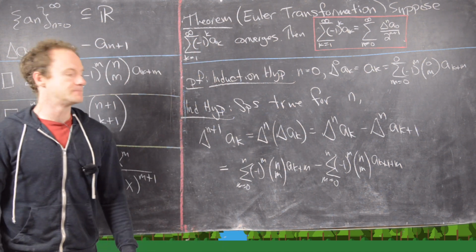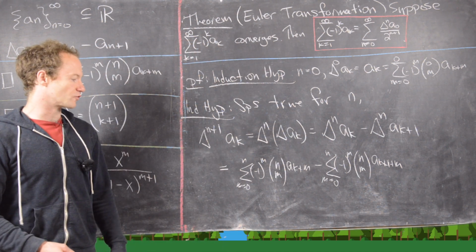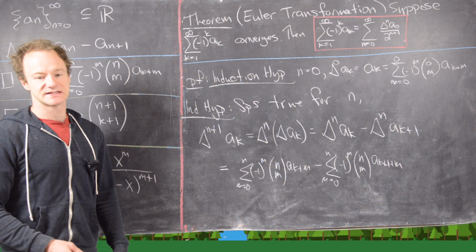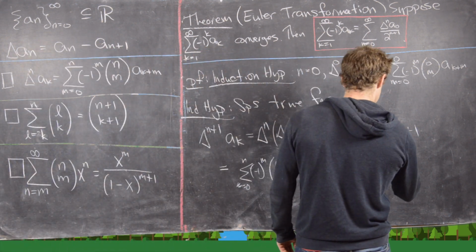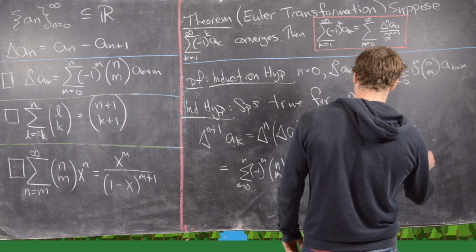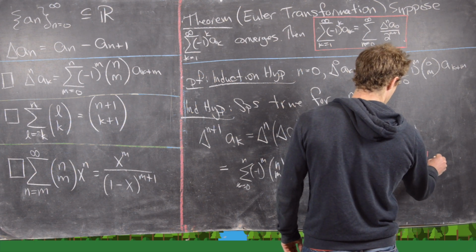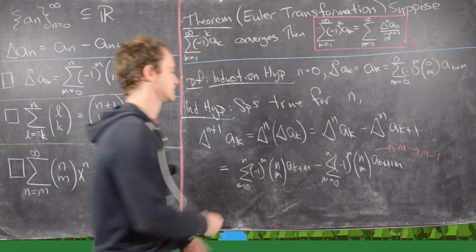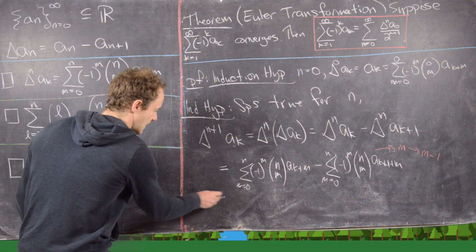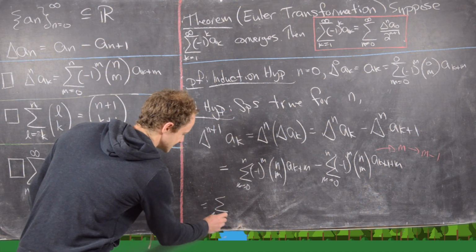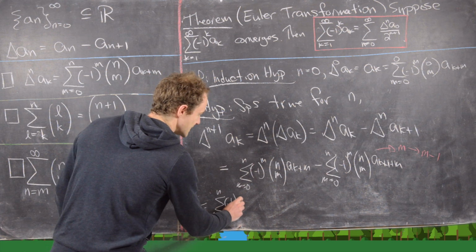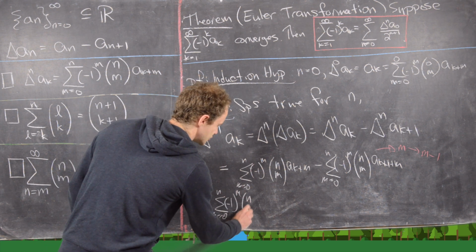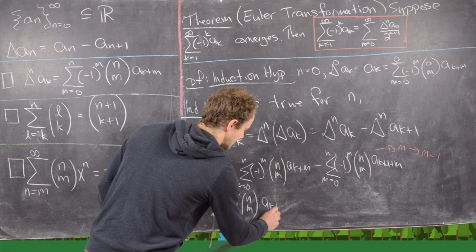All right, great. Now we're going to go ahead and re-index this second sum. So notice that we can re-index this second sum. We'll take m and replace it with m minus 1. So notice that's going to give me the following. So my first sum is going to stay the same. I have m equals 0 to n of (-1)^m, n choose m of a_(k+m),